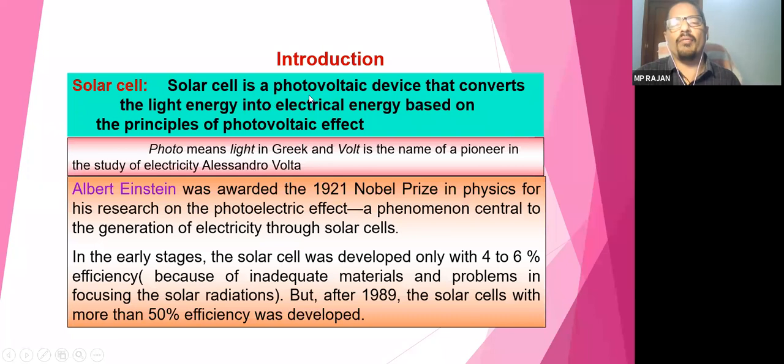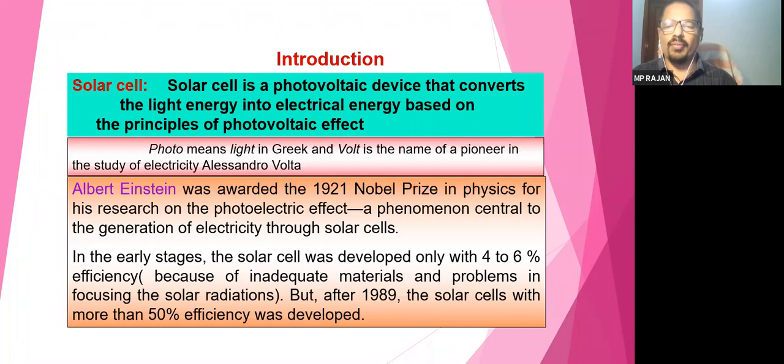So any type of light, even electrical bulb light or tube light, you can use. In that case we can call it a photovoltaic cell; otherwise we can call it a solar cell. So in the solar cell we are using solar light. In the previous class we have seen we are getting it free of cost, and more than a sufficient amount of light is coming from the sun. Okay, so the first is Albert Einstein, the famous scientist who developed the theory of the photoelectric effect, for which he got a Nobel Prize in 1921.